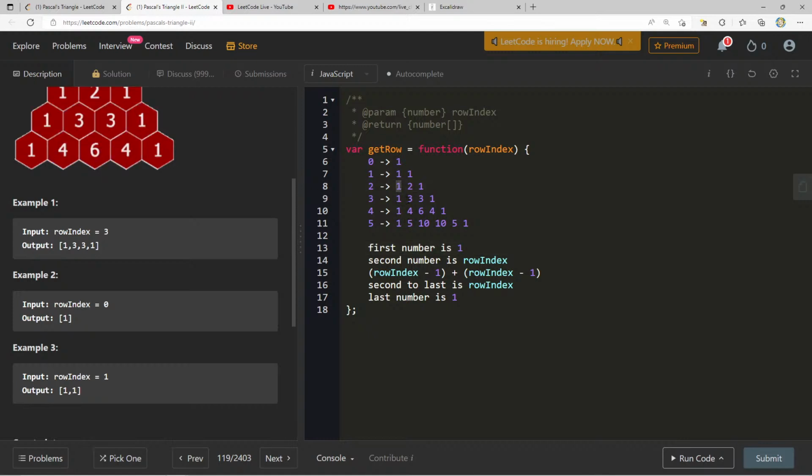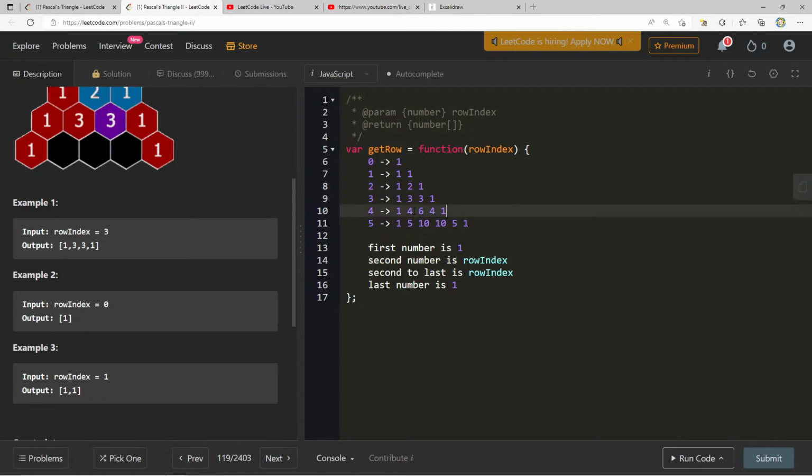This is 1 plus 2 to 3, 3 plus 3 to 6, and then 6 plus the current row index to get to the next one. So I feel like we have something here. First number is row index, second number is row index. Can we relate this now anyway? Like how do we get to 4? Is it just row index plus